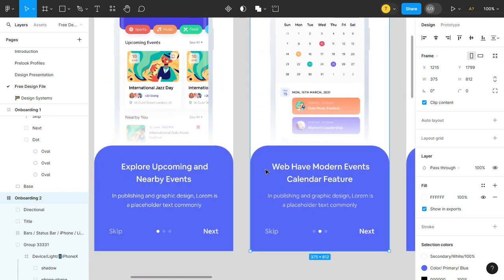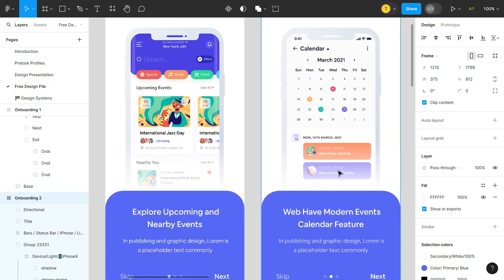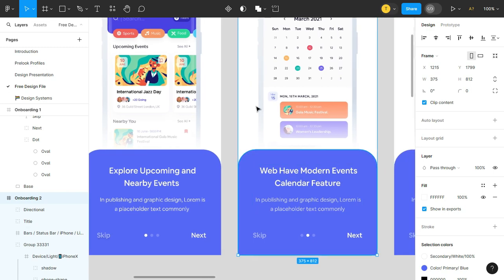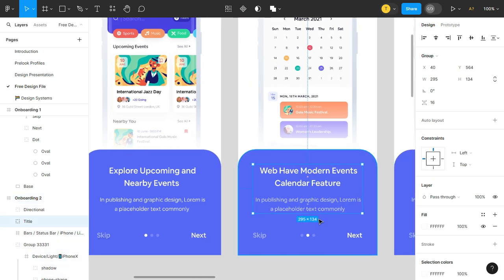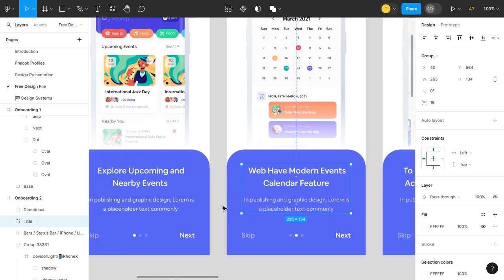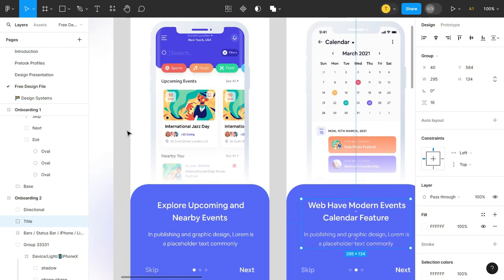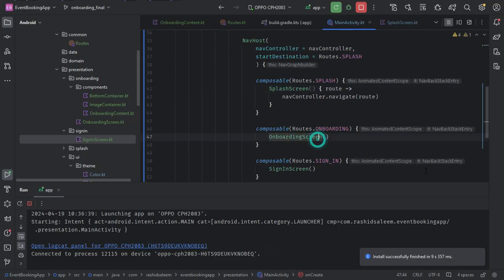So the next thing is when user clicks on next, then we want to navigate to the next screen, and the content will be changed, the image and title and description. Actually description is same, but we will consider it as changing as well. So we need to update this data whenever user clicks on next. So for that we need to retain that information in a state, data state. For that I will